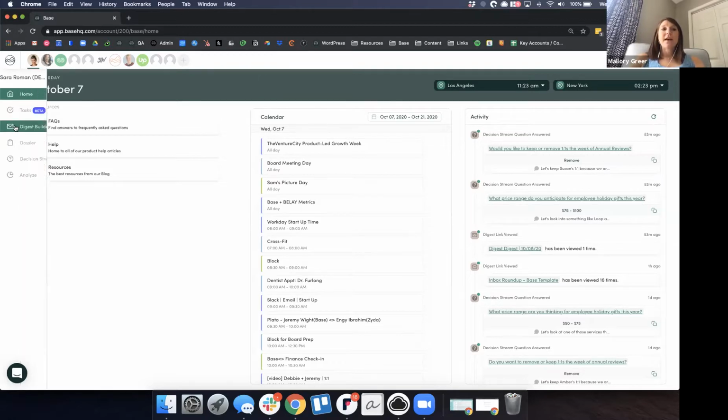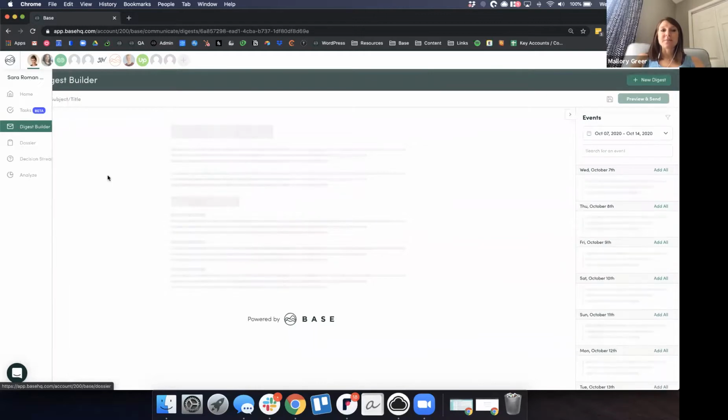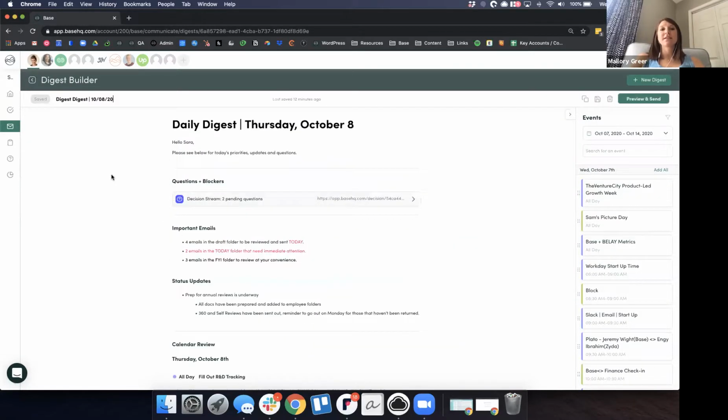From here, we are going to navigate to our very first feature, which is Digest Builder. And the original use case for Digest Builder was really to create professional looking updates. You might call them daily updates, daily digests, executive summaries. We've heard tons of different terms used for this, but it's really an update that can be shared with an executive asynchronously. Likely it's things that are kind of low-hanging fruit or things that don't necessarily need to be discussed one-on-one, but can be delivered asynchronously to the executive at a time that makes sense, that just brings them up to speed on some key